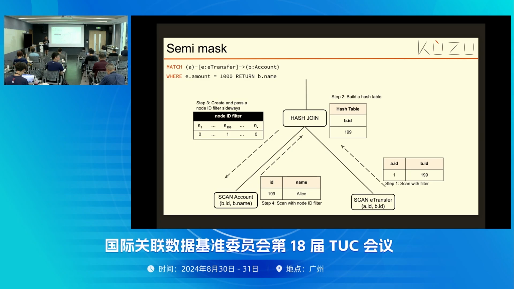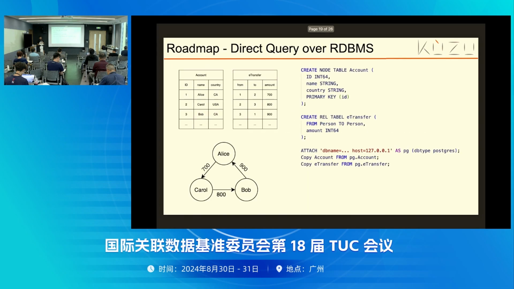Okay. Another question is about the connectors. I have seen Kuzu connected to Postgres, DuckDB. Yeah, that's right. And I want to ask about MySQL, Kafka or others? MySQL is easy to do. If you want that, we can do it tomorrow. It's just not something that has to be prioritized. Kafka we haven't studied. You should maintain a long-running task to consume Kafka messages and write the messages into the tables.